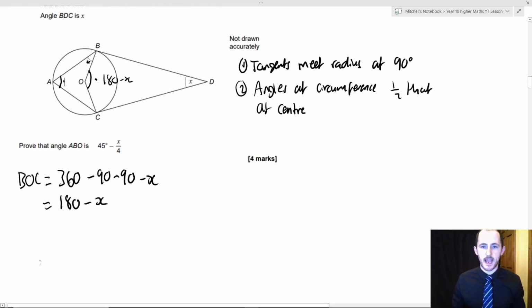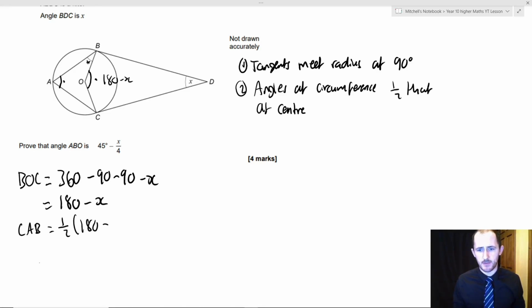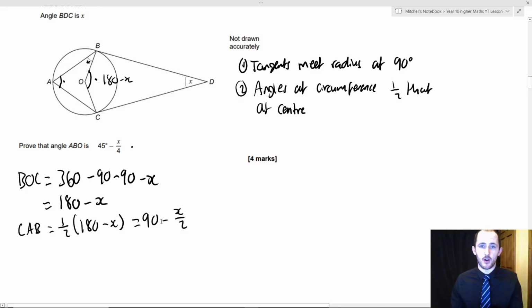So in other words, the angle, I'm going to call it CAB, is half of that. So it's 180 minus x. So in other words, it's going to be 90 minus x over 2. Now if you notice, I'm actually really close to the answer already, right? The answer is just half of what I've already got. Let's think about why. Well,